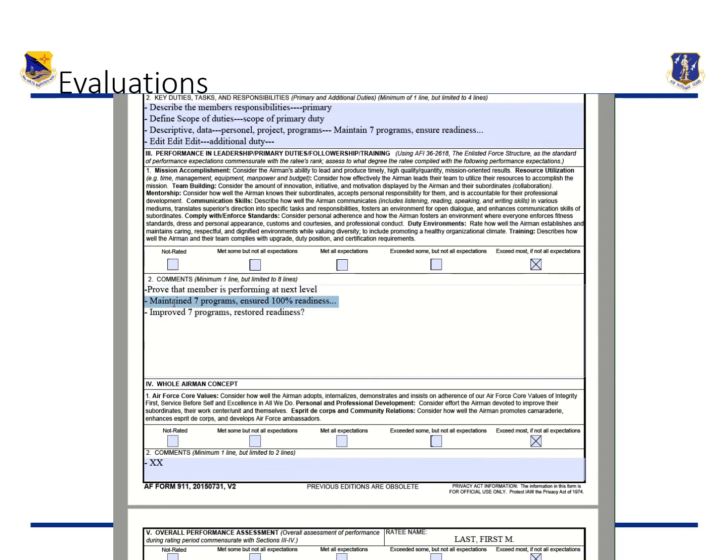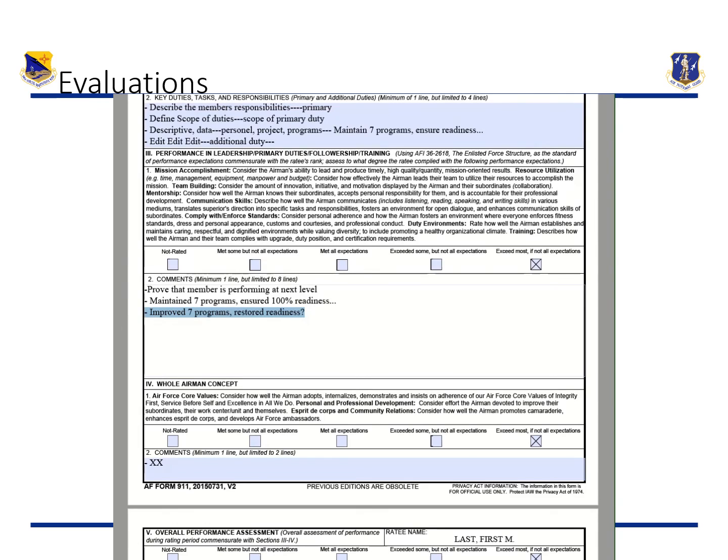So if you say that everything he did was his job, I don't think you can put that he exceeded most, if not all, expectations. By all means, he met all expectations, but definitely not exceeding. But if most of his bullets, if not all, say that he's exceeding the expectations, go ahead and mark him all the way to the right.